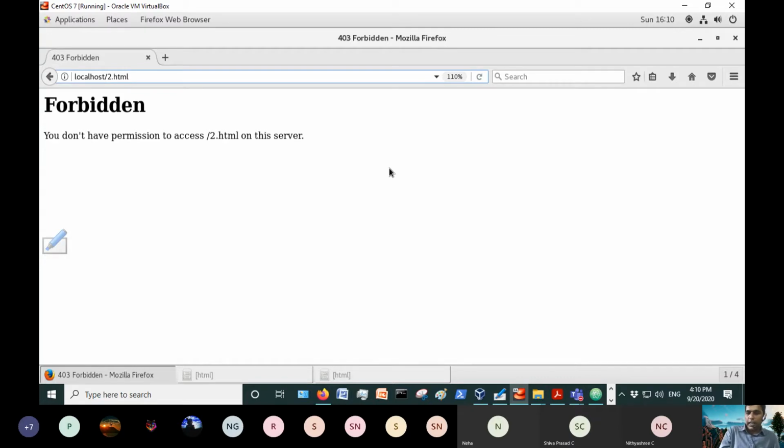That means I can select a set of users who belong to my group and give them permission. That is group permission. Others means neither the owner nor the members of the group, people who don't have permission to access. Right now the browser is running as others.